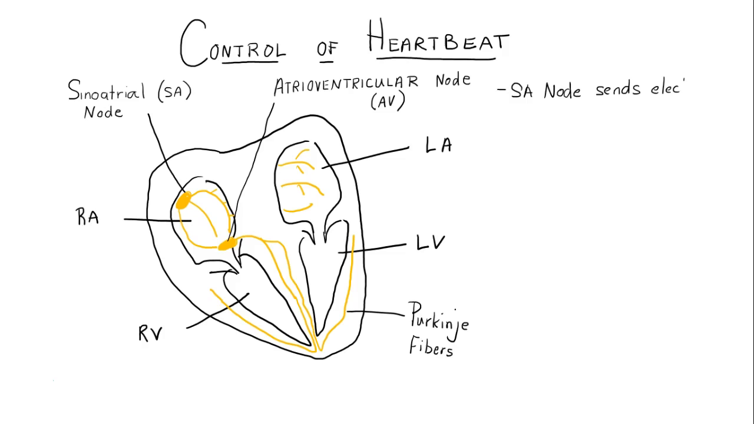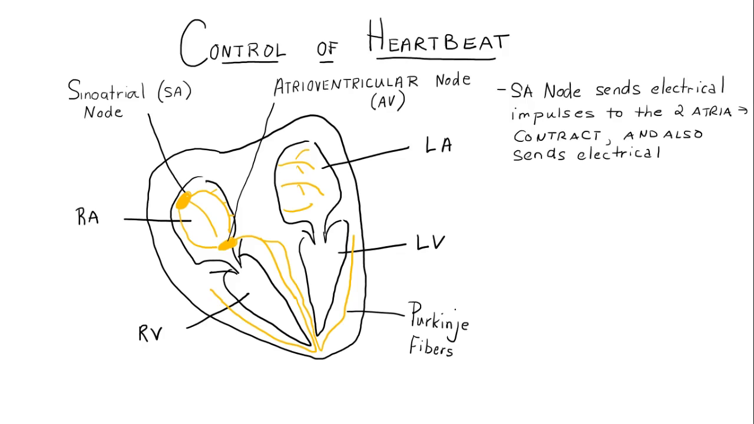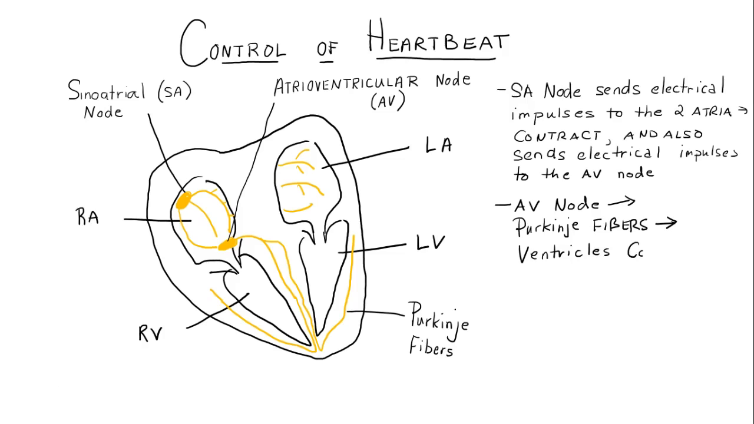So just a little review of this slide. The SA node sends electrical impulses to the two atria, then they contract, and the SA node also sends electrical impulses to the AV node. And then the AV node will send electrical impulses to the Purkinje fibers, and that causes the ventricles to contract. So in unison, the two atria contract. There's a little pause while the electrical signal goes through the AV node to the Purkinje fibers,